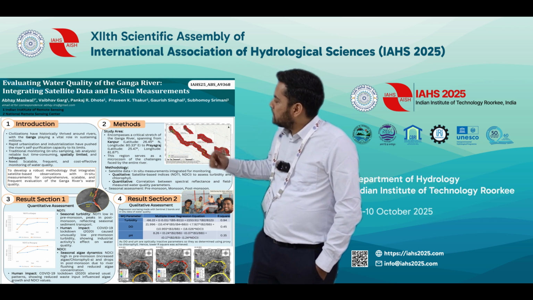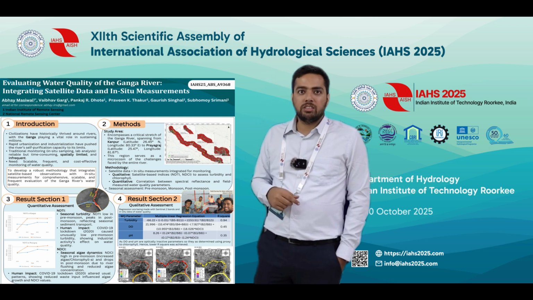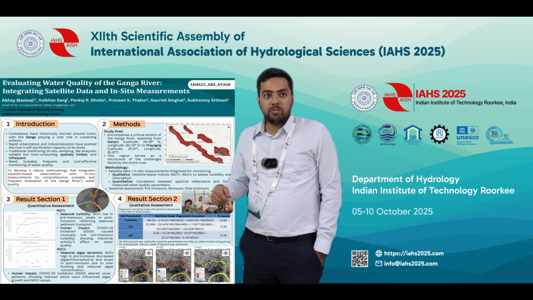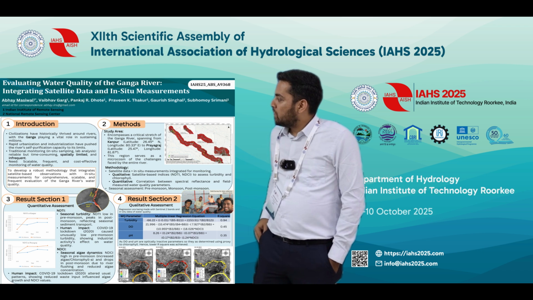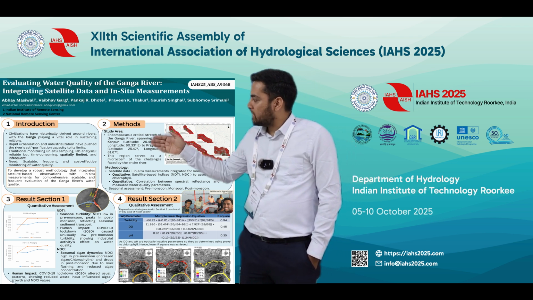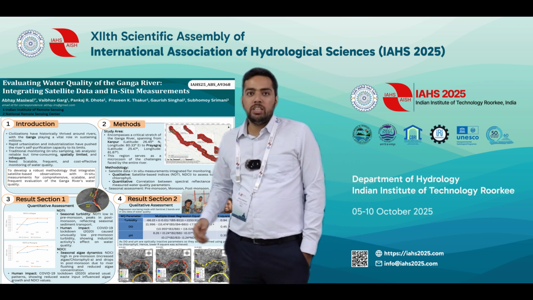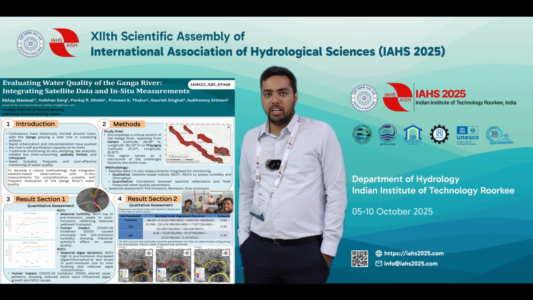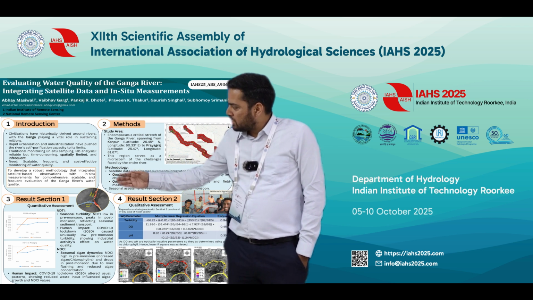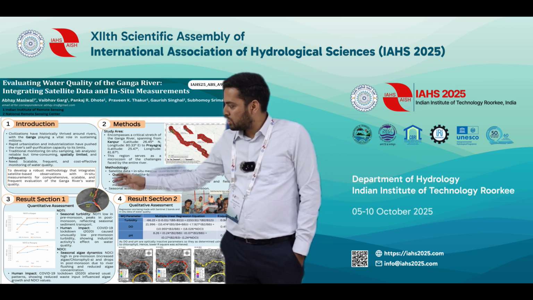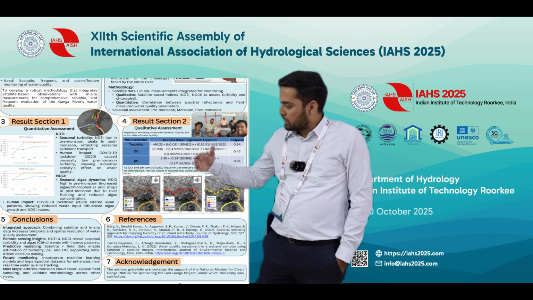As far as the study area is concerned, currently we are targeting the Kanpur to Prayagraj stretch of the Ganga River. In methodology, we have done qualitative as well as quantitative assessment. In the qualitative assessment, we have targeted two indicative indices, the turbidity index and the chlorophyll index. For the turbidity index, we can see the graphs here, and the key takeaway from this section of the results would be that in post monsoon we can see a sudden rise in the turbidity index.